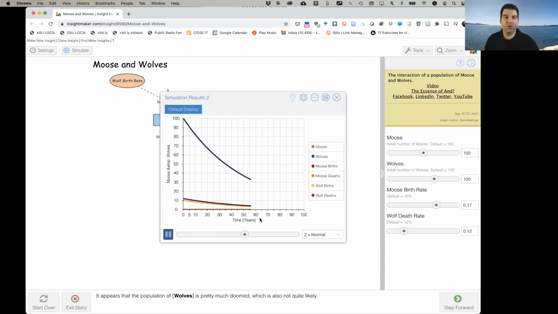Here, the wolf birth rate happens to be lower than the wolf death rate. And so these wolves start out at a population of 100, and then they decay, they drop over time. That's telling us that, I guess it's good that when births are low I get a decay, but I know that wolves have reached a steady state, that there are always wolves